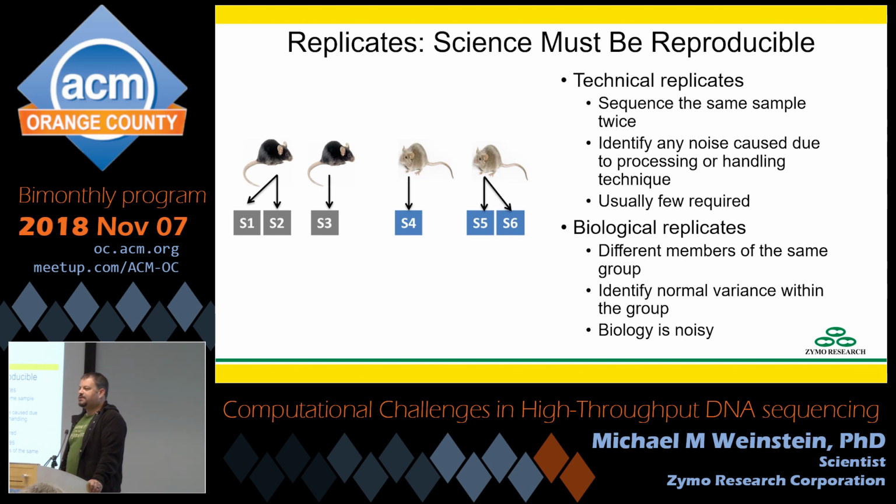Biology is kind of inherently messy, it's inherently diverse, and it's very rare that you find anything where you have no variance. In fact, a lot of times in biology, you'll find there's a very wide variance, and the example I always like to give is what happens if one of these mice has a cold. So biology is noisy. You always need quite a few biological replicates to try and come to a conclusion.